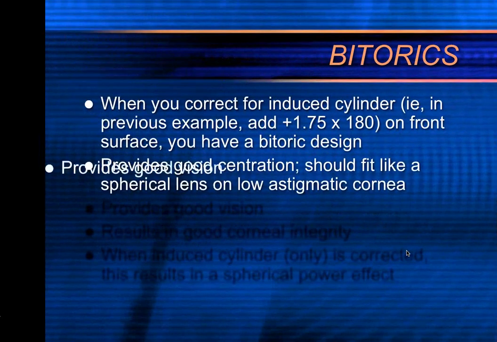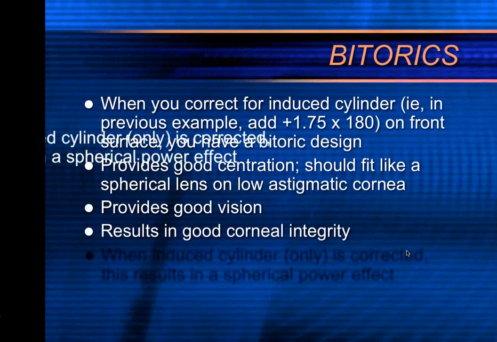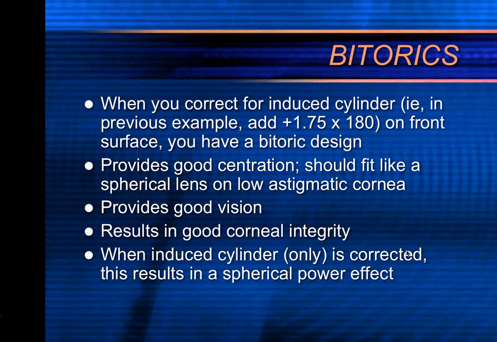So let's get to the star of our program tonight, and that's a bitoric. When you correct for the induced cylinder, and that is occurring by just adding plus 1.75 times 180 to the front surface, that corrects for the induced, and you have a bitoric design. So this is a lens like a back toric that should provide good centration, should fit like a spherical lens on a low astigmatic cornea, should provide good vision, should align well with the cornea so you have good corneal